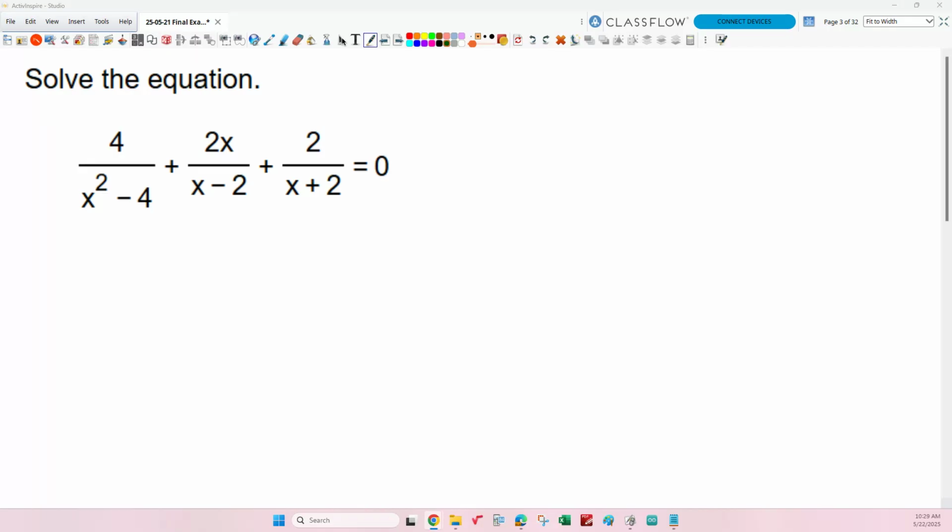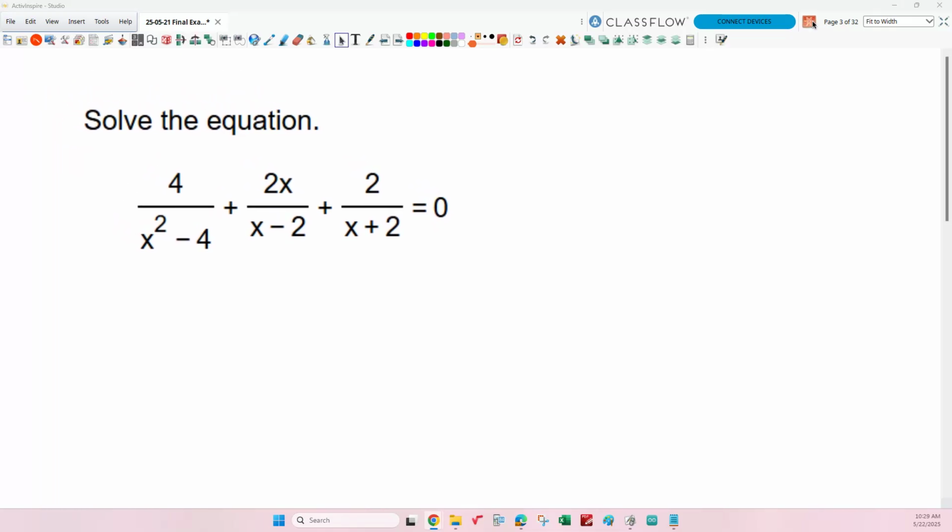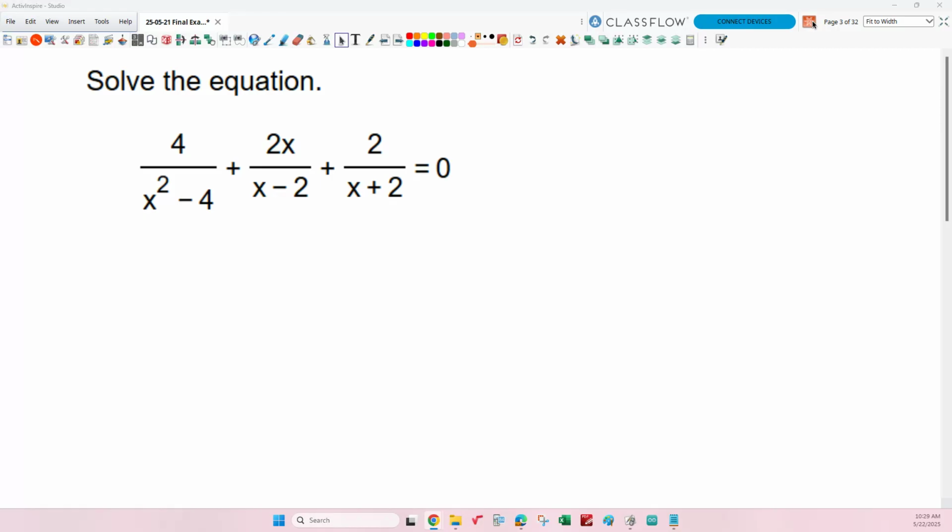So let's look at this then. How are we going to do this without having to do any of that difficult adding and subtracting fractions, getting like denominators, all that stuff? What do we do? Okay, so first of all, what is our LCD? We need to factor everything, don't we? Yeah, so let's do that. We factor this first term, and we get 4 over